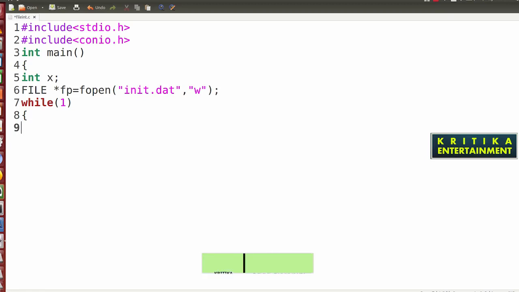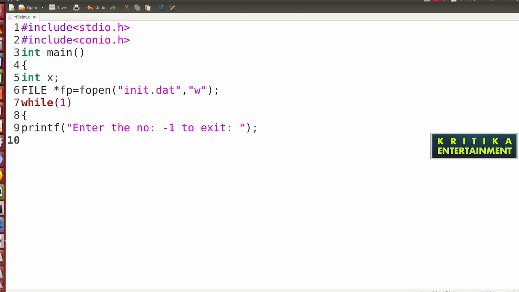So here, suppose I ask the user to enter the number. I will write printf, enter the number, and I will give the condition -1 to exit. When the user presses -1, the program will exit.